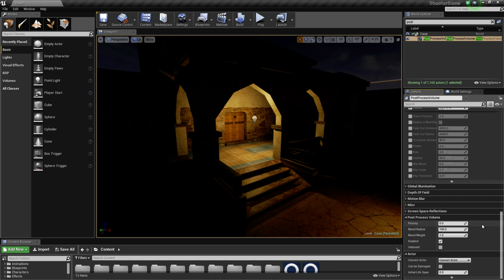Post-processing volume. This is pretty cool because you can nest post-process volumes one inside the other, and this gives it a priority order of which comes first. Obviously, if we just hover, it tells us the priority is volume. In the case of overlapping volumes, the one with the highest priority overrides the lower priority ones. The order is defined by two or more overlapping volumes having the same priority. And then of course the blend radius is how far out the two will